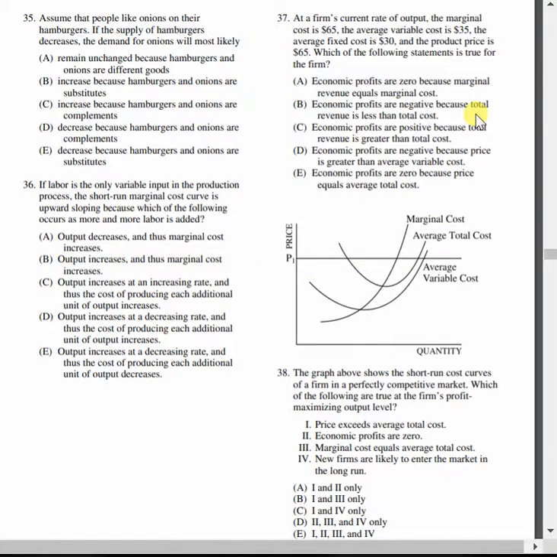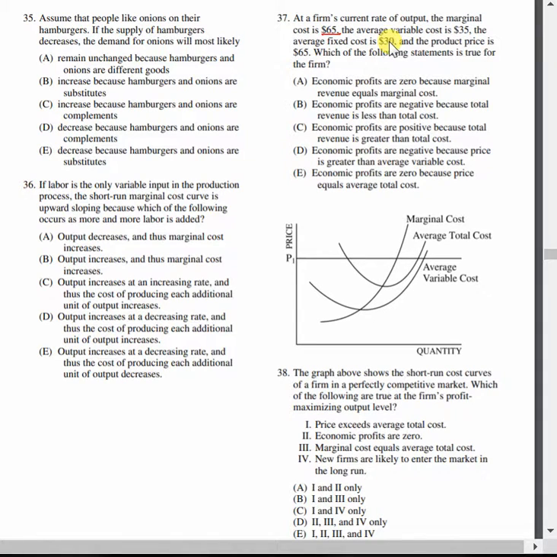Okay, let's see what's going on in number 37. At a firm's current rate of output, the marginal cost is 65 bucks. That means to make the very next unit of output, it costs them $65. The average variable cost is 35 and the average fixed cost is 30. Remember, you add the average variable and average fixed cost together to get your average total cost. Their average total cost here is $65, just like the marginal cost,